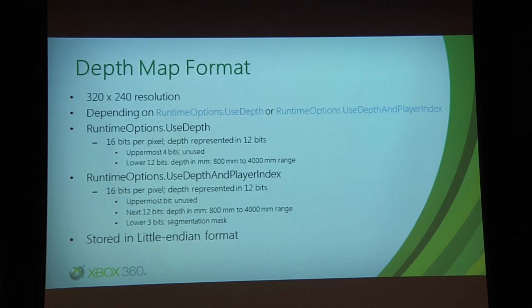And like we said, the visible range, or the depth range for a Kinect is between 800 millimeters, which is almost 1 meter, to about 4 meters, 4,000 millimeters. So that is the range, and that's what gets encoded in the byte. Quick question, does anybody know why depth is represented in 12 bits? Anybody? Right. Now,